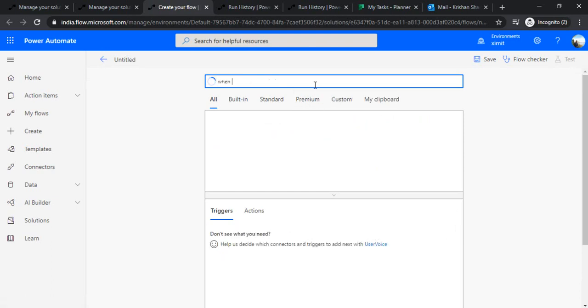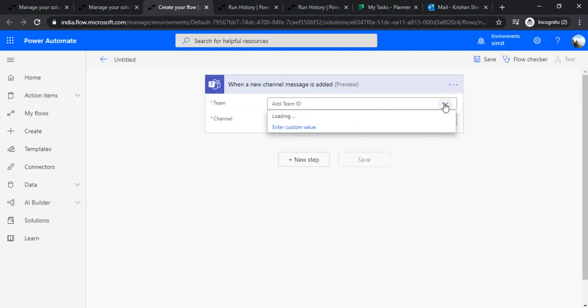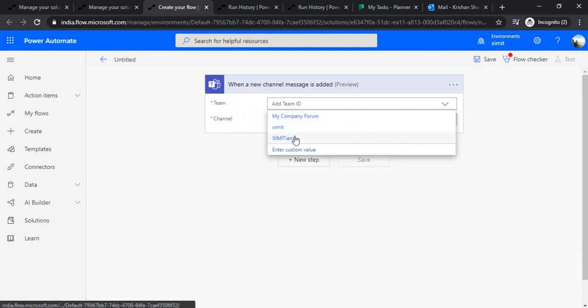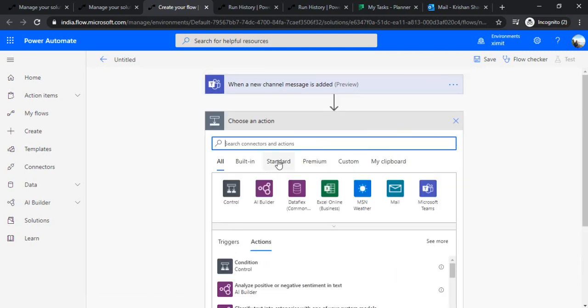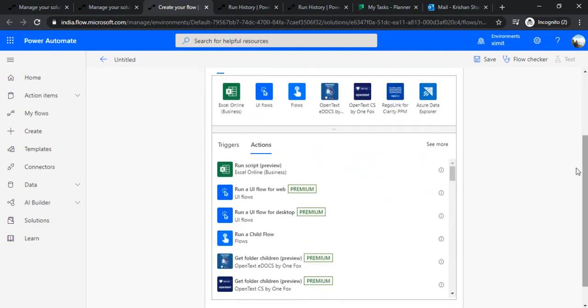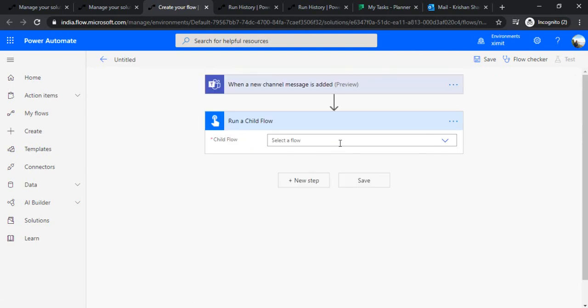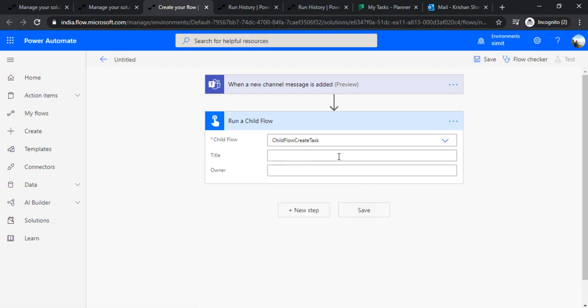And the same way I can go to my solution and create a new flow, and that flow would be triggering when a message is received under my Teams, when a new channel message is added. You can simply choose that and choose your Teams, and you can choose the channel, and the same way you can run a child flow. Under this you can specify the title and owner based on the message.